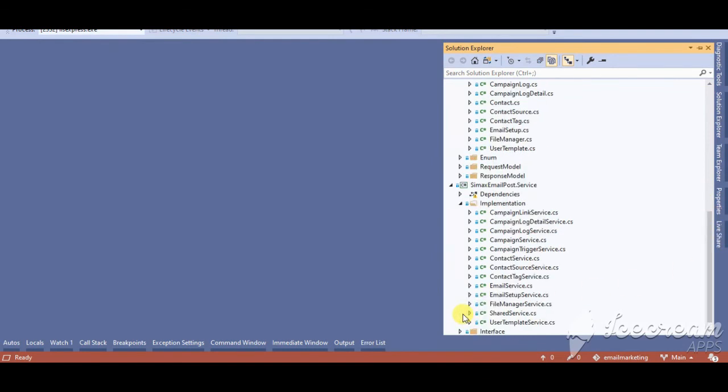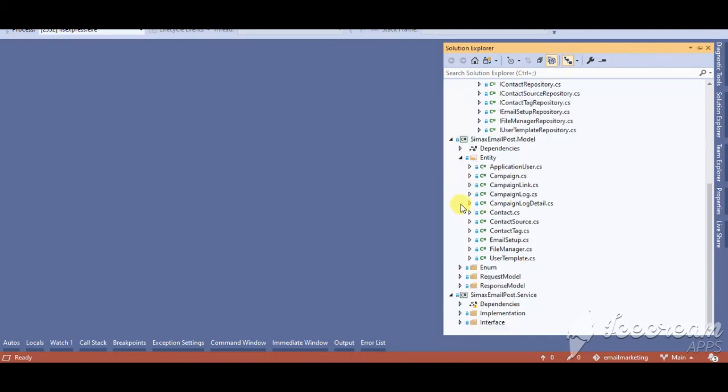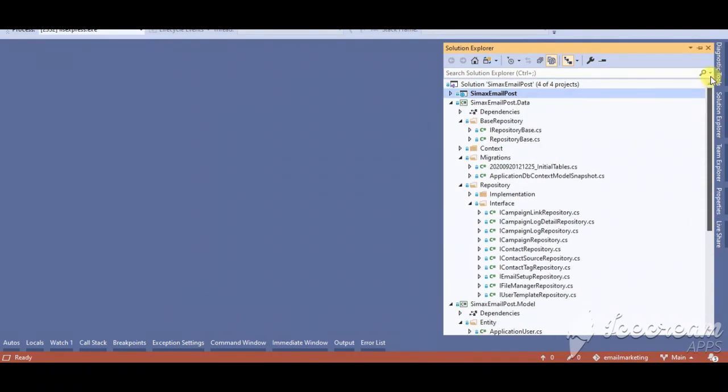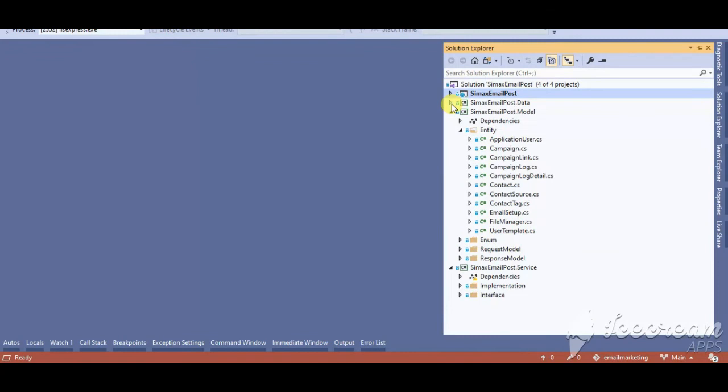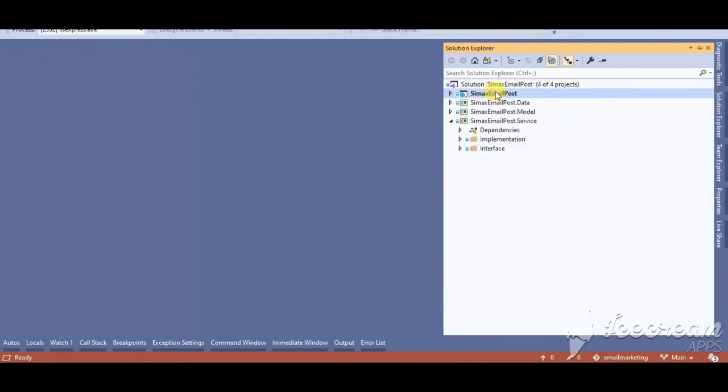This is the service. The project flow is very simple: any request comes from the controller, which consumes the service, and the service interacts with models and data. So that's the project.